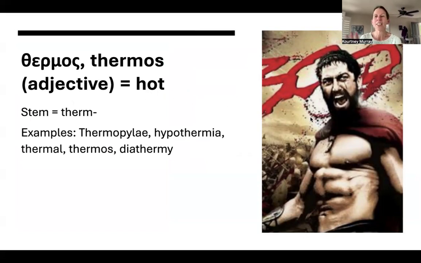Because that's not what I meant at all. I didn't mean to be like, look at these hot apps. The reason I included this picture is because one of my favorite uses of the word thermo in the world